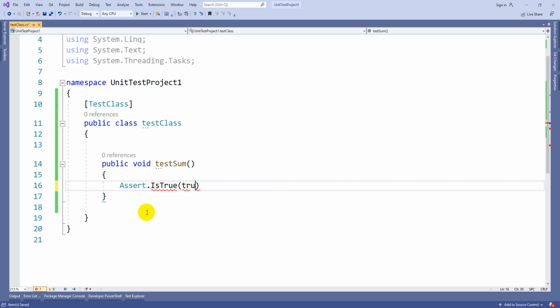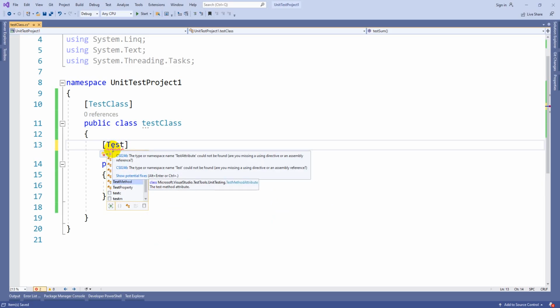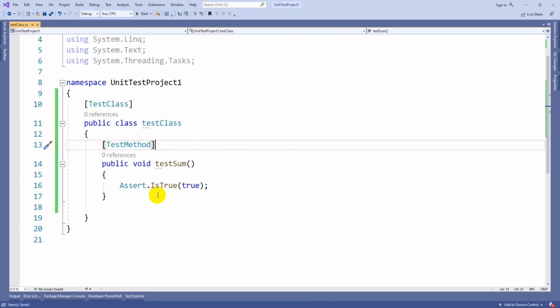If I get the result true, then this test case will pass. The Assert class has the IsTrue method. It always expects a true. Whenever the result you get here is true, your test case will pass, otherwise it fails.